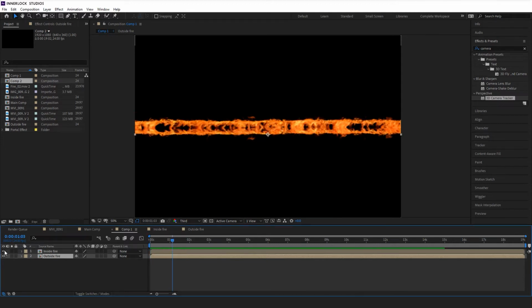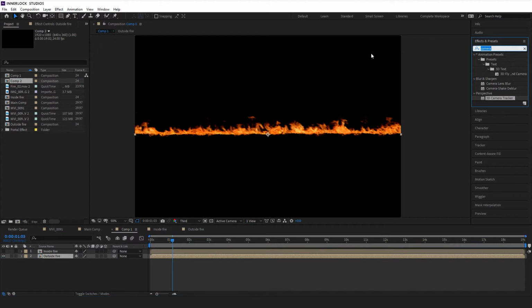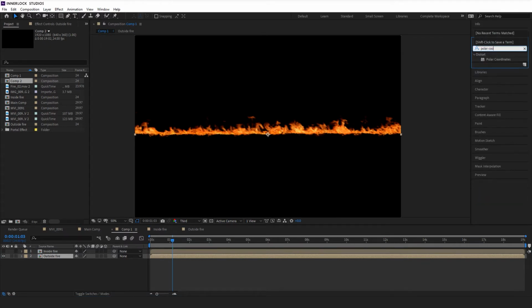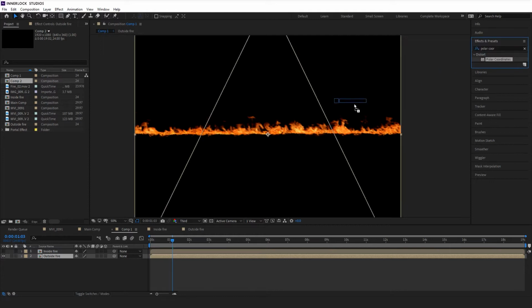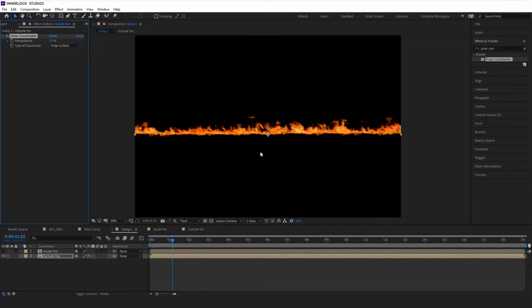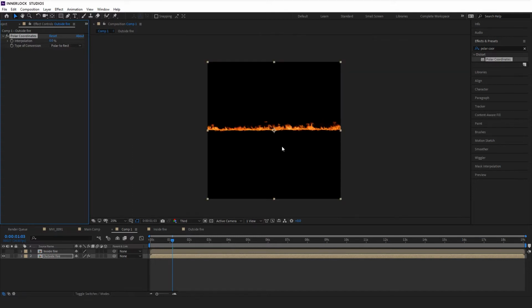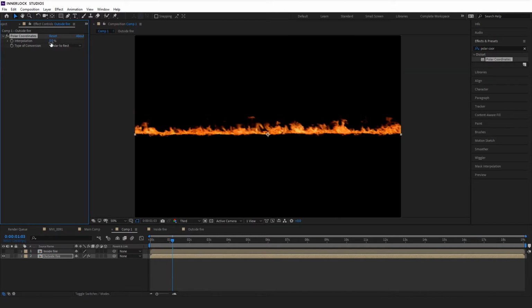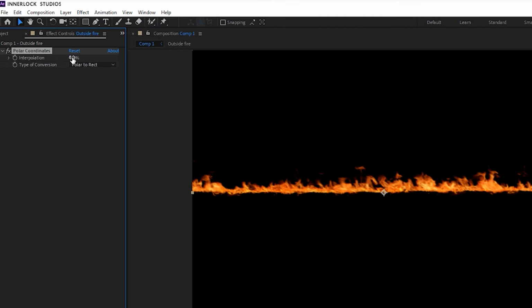So next thing to do, let's hide one of them. It doesn't matter which one. Let's take the outside fire, grab the polar coordinates effect, and apply it to the outside fire layer. What this effect will do is basically turn this into a circle. So we'll have a circle of fire, so all we have to do is turn the interpolation up all the